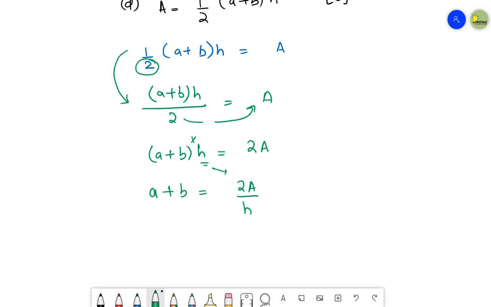It means now the bracket can be opened, A plus B. Since you have shifted all the values that were present outside the bracket, now you can simply write the values that were inside the bracket without writing the bracket, right? Why? Because you have shifted all the values to the other side. Now, A plus B. You don't need A, you need B on your left hand side. So A has a plus sign with it. If it is shifted to the other side, it becomes minus A. So B equals 2A divided by H minus A, right? This is going to be your answer.